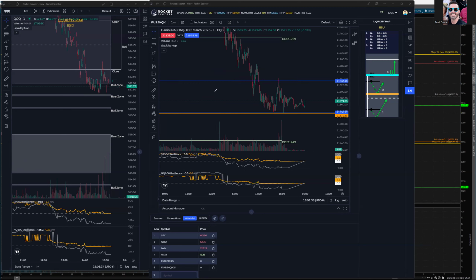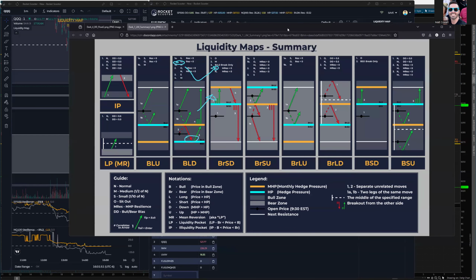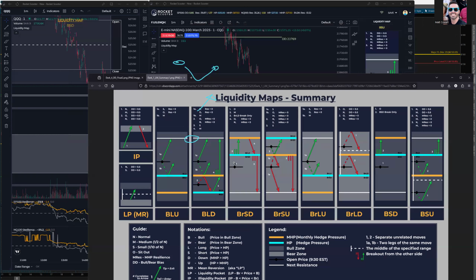Now, you're going to trade your dynamic pivots just like anything else. If you open above, you're going to long or be long-minded at both of them. You're not going to short. If you open below hedge pressure, you do exactly what it says. This is the blue hedge pressure, like in liquidity maps as well. If you take a look at the liquidity map summary, opening below blue is no short. We don't short off of blue, which is one of the key characteristics of this. We long off of it every time, and we chase the blue break every time,